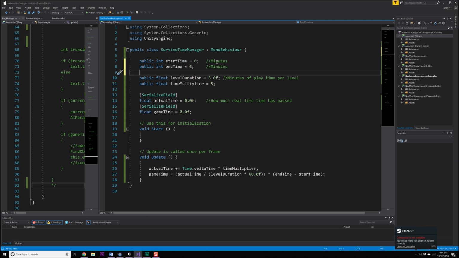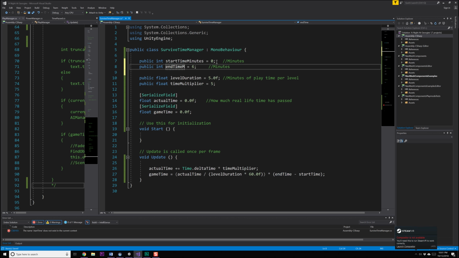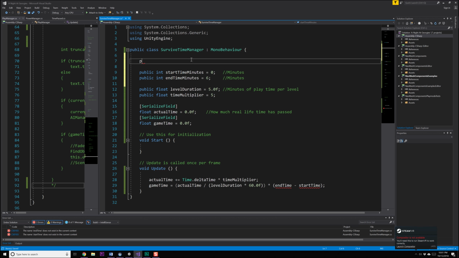And those are going to get set in the inspector. Start time, and let's call this minutes. Actually, no, that's not even what we want. We want public float duration is equal to, I'm just going to say 5 minutes for right now, and that's in minutes. Let's just call that duration minutes to make it easy for us to remember. And then there's start time